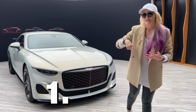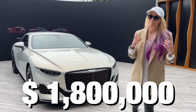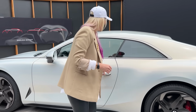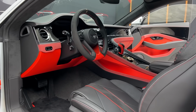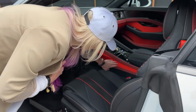At 1.65 million pounds, it's about $1.8 million. All right, come on in, guys. Let's see the interior. Come around here. Ready? Here we go. And of course, because it's named after a crater in Bali, you have this intense orange